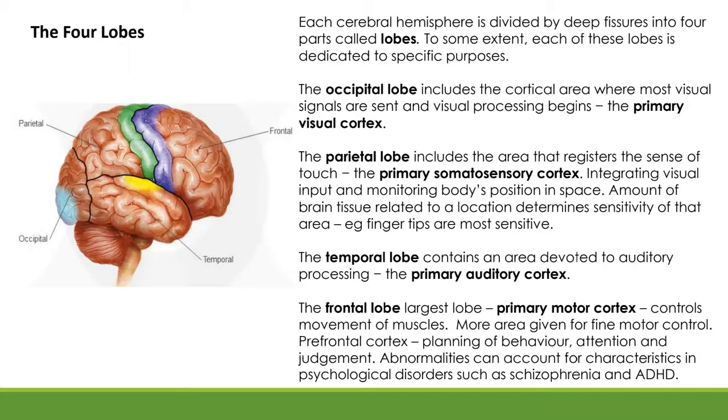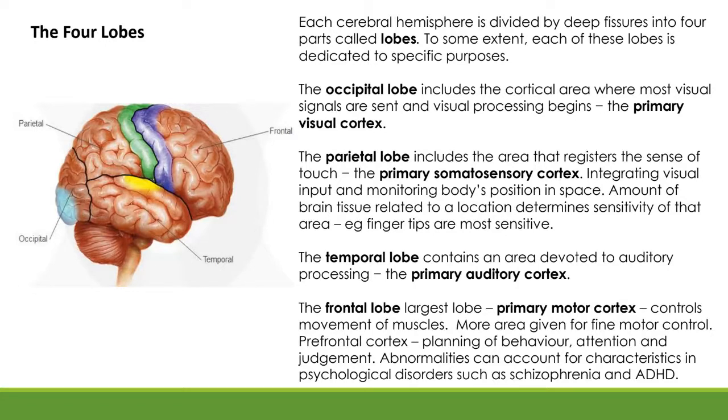So basically the occipital lobe, that is where, when we see something, those sensory signals from our eyes travel through our nervous system into our thalamus, which is the relay station, and from there it goes to our occipital lobe with the primary visual cortex, which helps us interpret what we're seeing. So sight goes to a specific area of the brain.